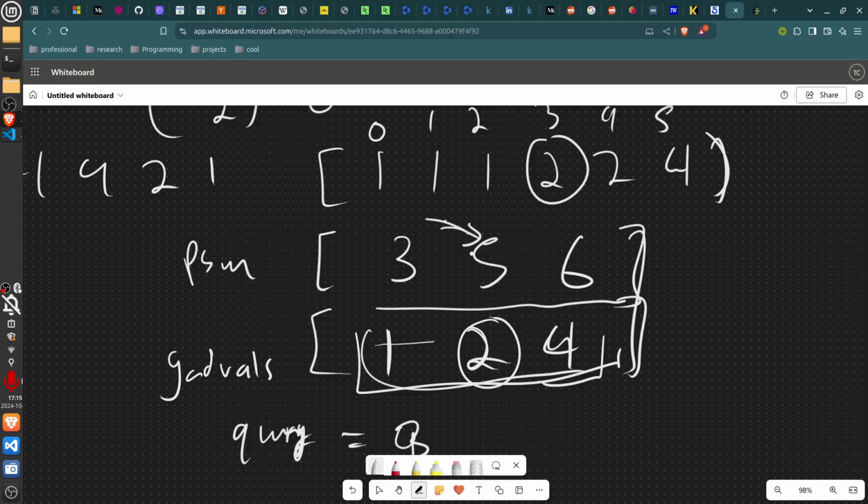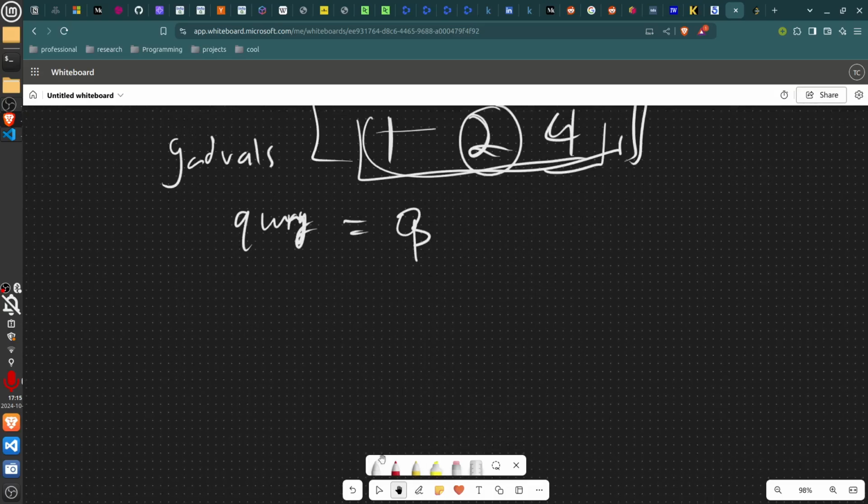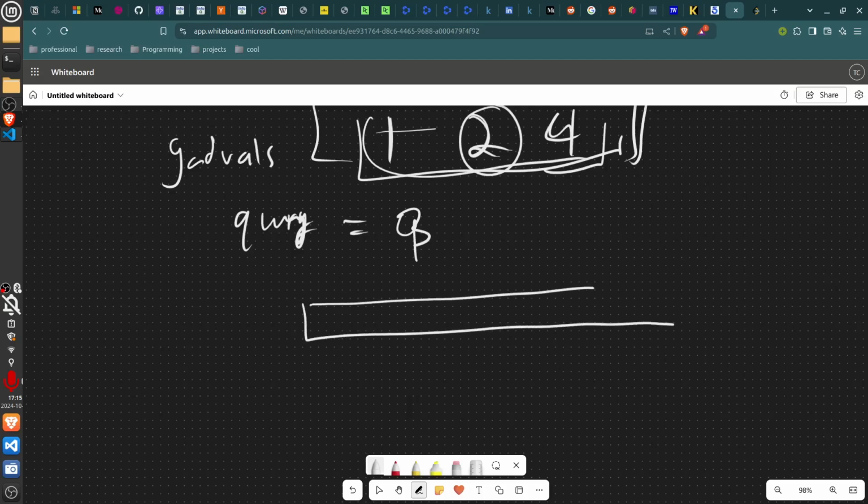So what you can do is you can use lower bound. There's another way I would show this actually. If I just show an array here, where I show here, here, here, here, 1, 2, 3, 4, 5, 6, like this,